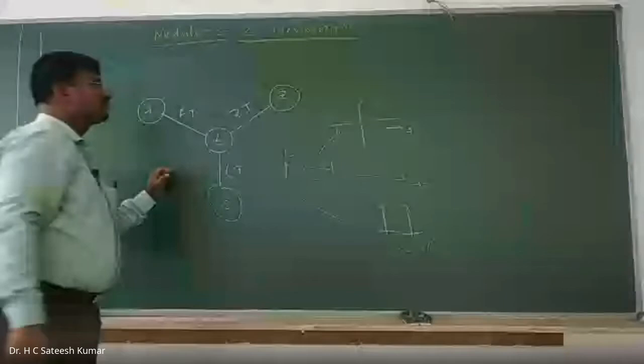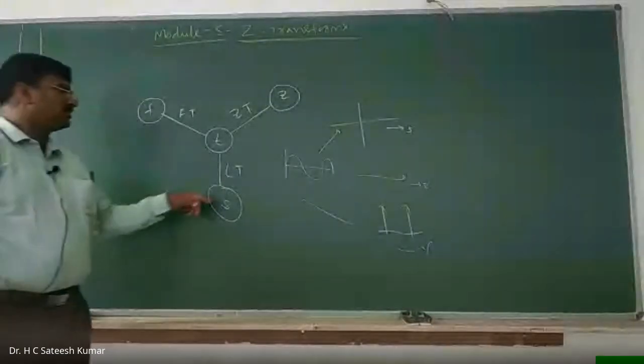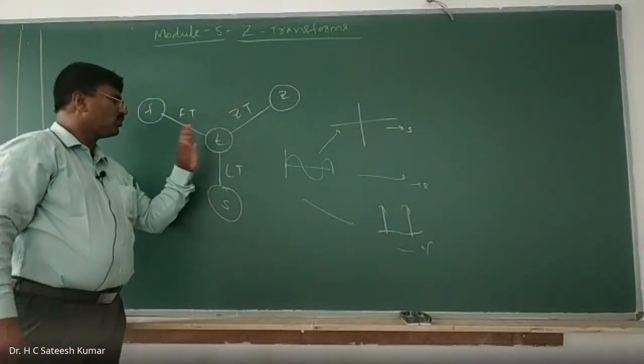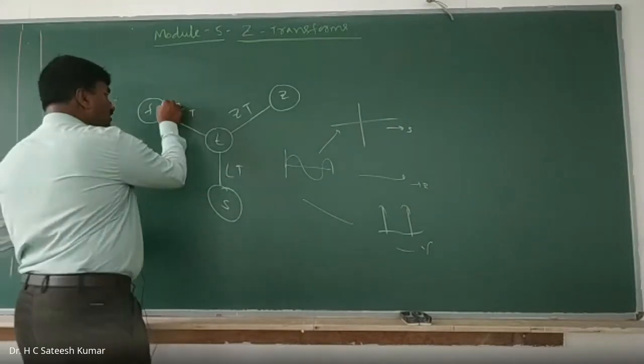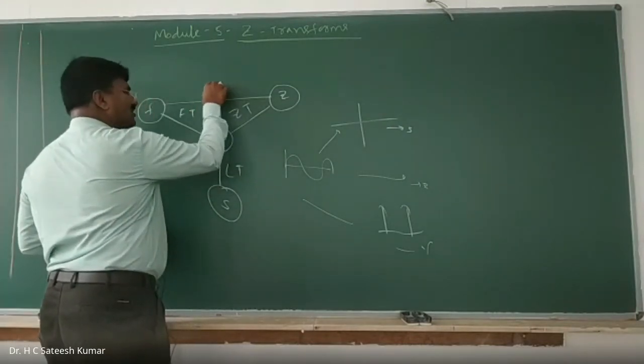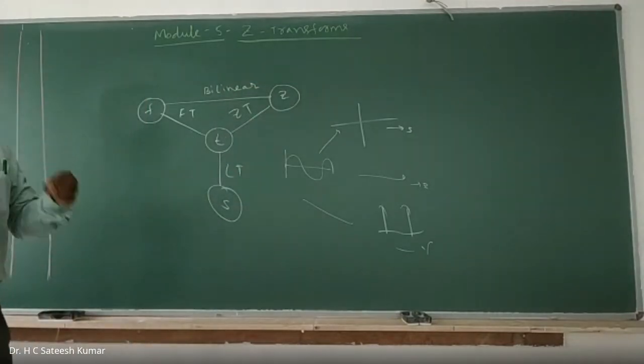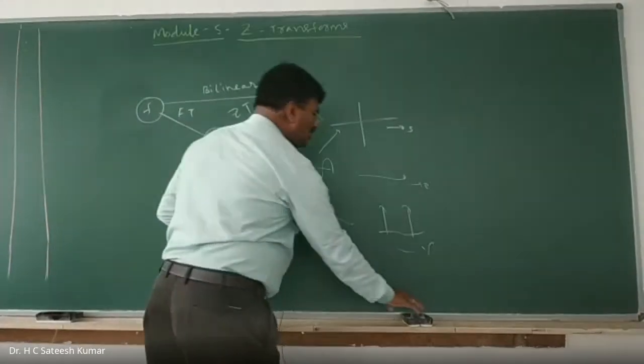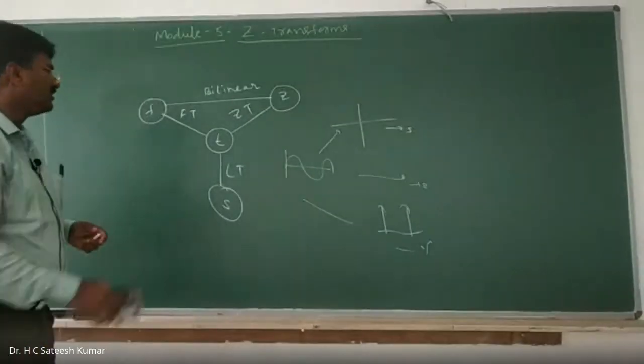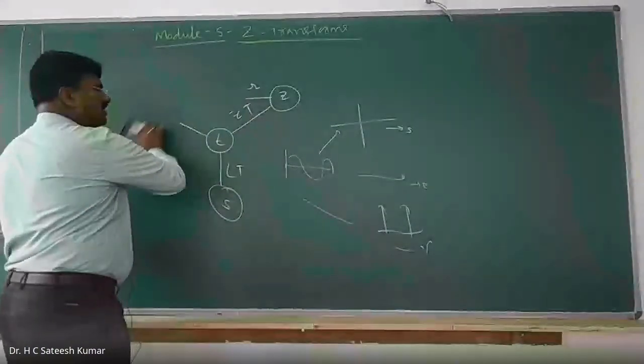That means by using the different transforms, we can convert from one domain to another. Even f to z is also allowed. That is known as bilinear transformation. All these things you are going to learn. So now I am talking only ABCD of the transforms, and the first one I'll talk about is Z transformation, right?